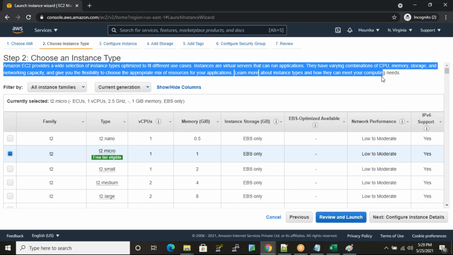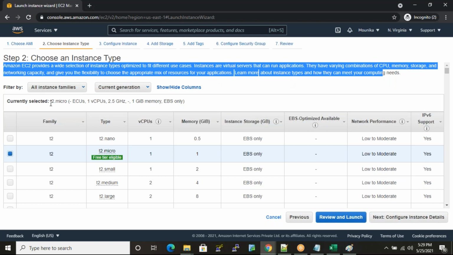So choosing an instance type is nothing but your server's hardware configuration. Without hardware, we can't create any type of servers or applications. This is purely the hardware configuration of our instance.